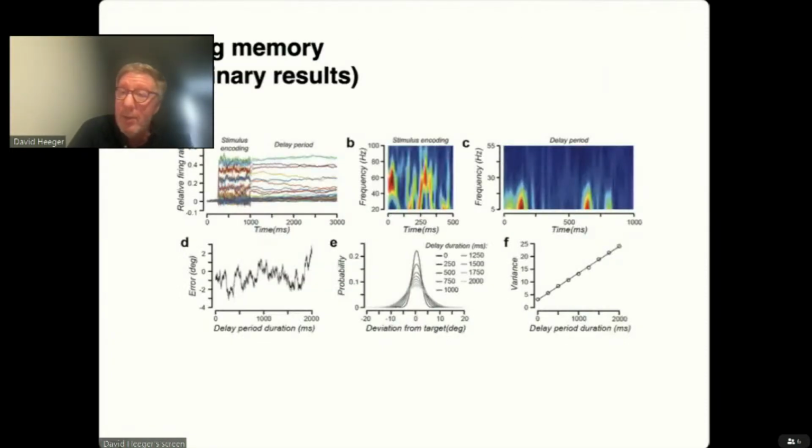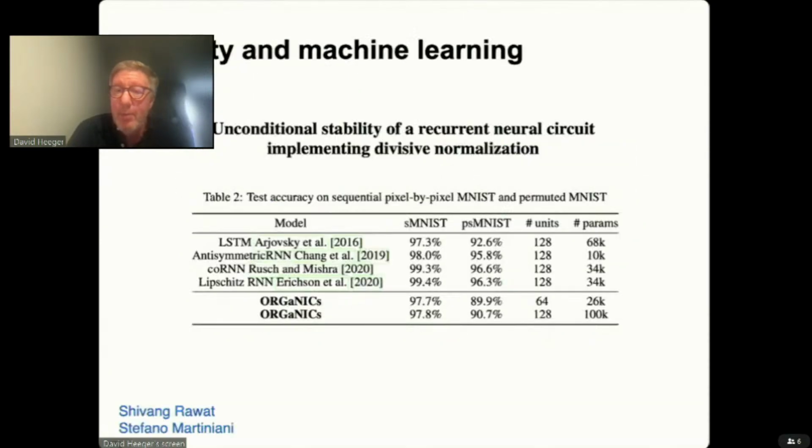The same theory can be applied to model working memory, in which you get a power in different frequency bands depending on whether you're in the encoding or delay period stage. And we can also apply this same architecture to machine learning without even trying very hard. We're matching or beating LSTMs with a smaller model that is easier to train because of the intrinsic stability of